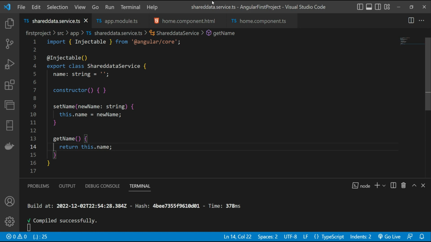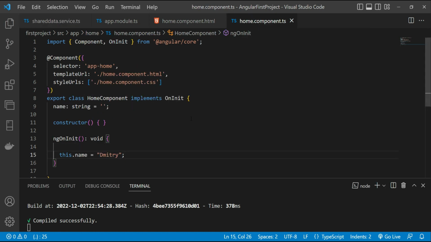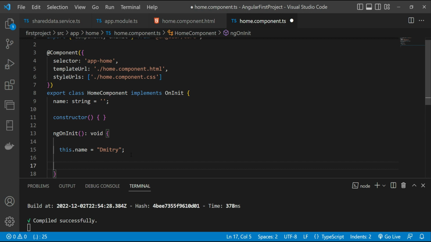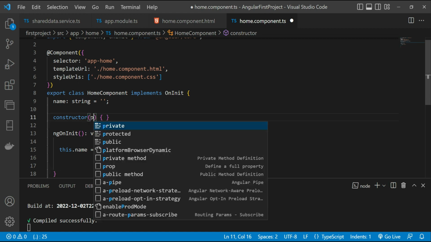Let's go back to our home component TS class, and after we set the name variable to Dmitry in here, we are gonna set it also in our service. To use the service we created in our component, we need to inject it through a constructor. To do that, we're going to type private,